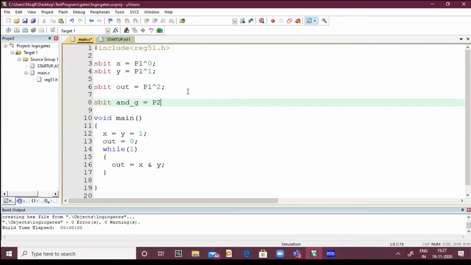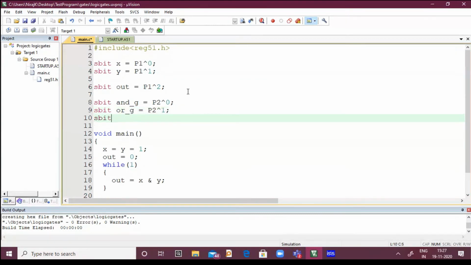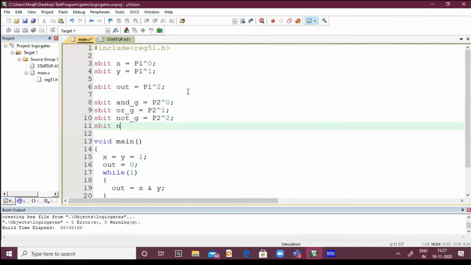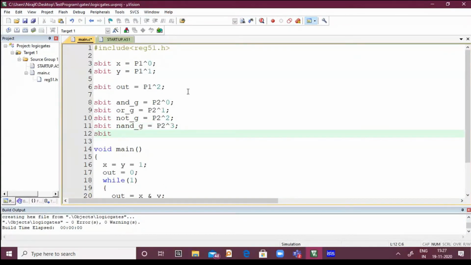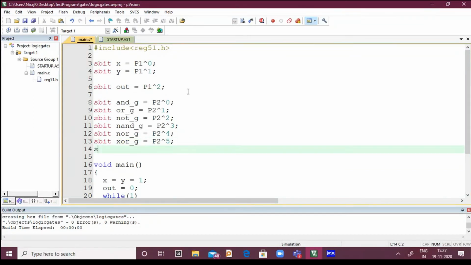So I will use AND_G equals P2^0, sbit OR_G equals P2^1, sbit NOT_G equals P2^2, NAND_G equals P2^3, NOR_G equals P2^4, sbit XOR_G equals P2^5, and sbit XNOR_G equals P2^6. Right, so we have here all the logics: AND, OR and all.